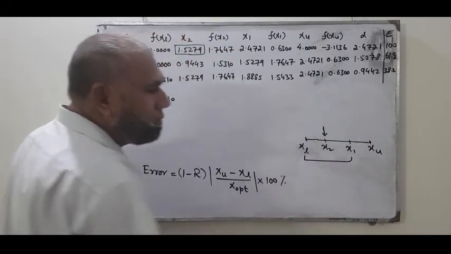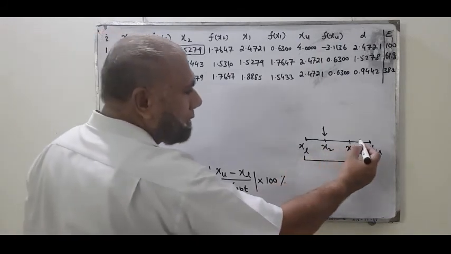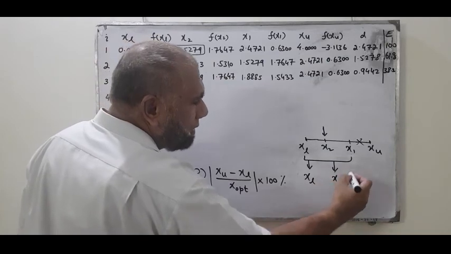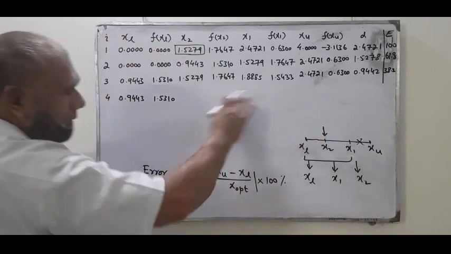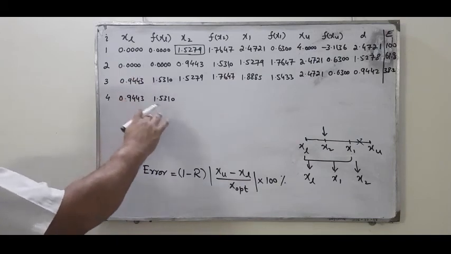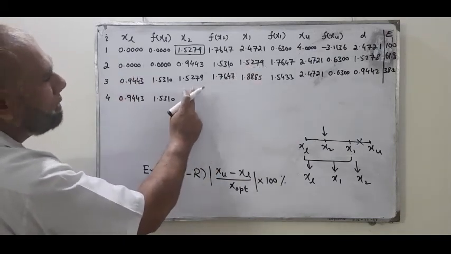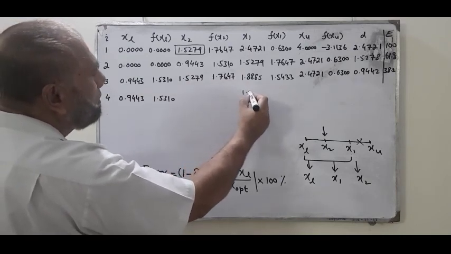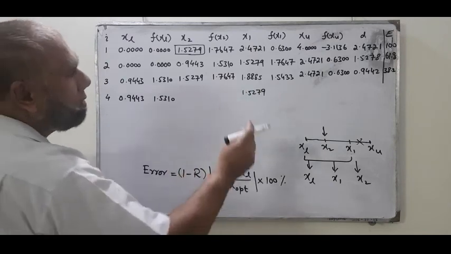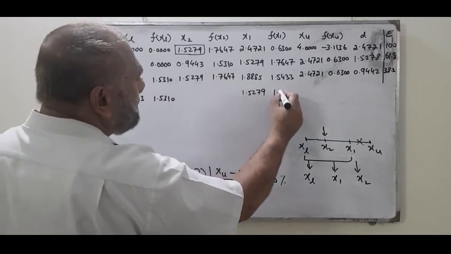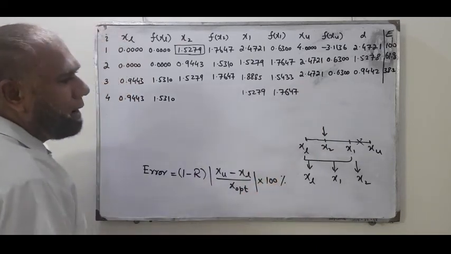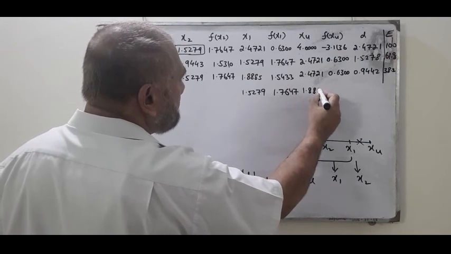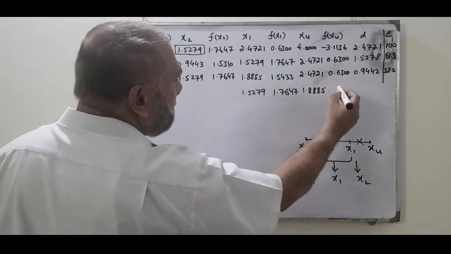So these are the 3 points we are using for the next iteration, and this section will be dropped. XL will remain XL, X2 changes to X1, and X1 goes to X2. So accordingly I am writing the values here. XL doesn't change, X2's value will go under X1. So 1.5279, and the corresponding value is 1.7647, and X1's value goes under XU, 1.8885, and the corresponding value of f(x1) is